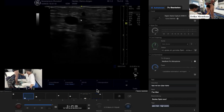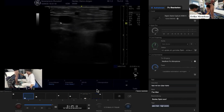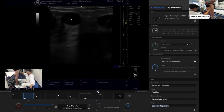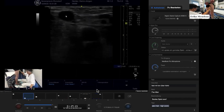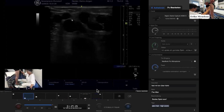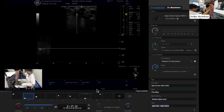This is the great saphenous vein, if everybody is agreeing with me. Yes. And here we have a little perforating vein. I go up, just the anatomy in the first point. And here you see it is large, and in the next moment, here is a vein, a tributary coming in, joining in, and here is one joining in, and here it is really small. And this one is the great saphenous vein,